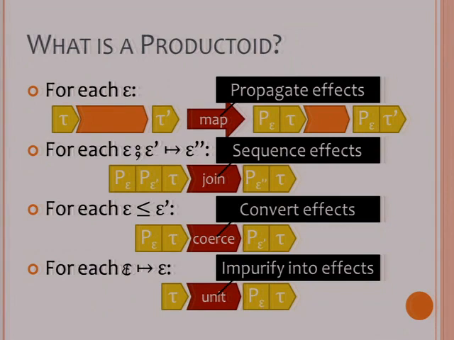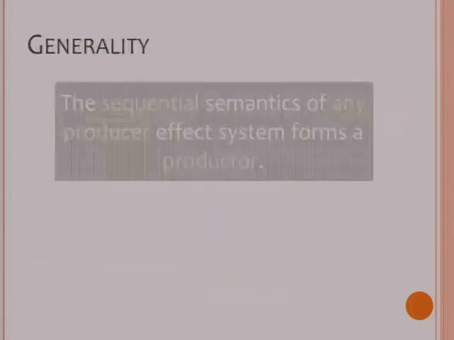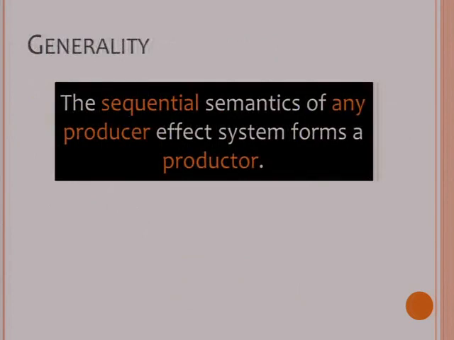We don't always need it, which is where we differ from monads, which is what allows us to handle these sort of must properties and such. And in general, looking at this picture, all these operations are only required when the effect system actually needs them. And because of that, what I was able to prove is that the sequential semantics of any producer effect system